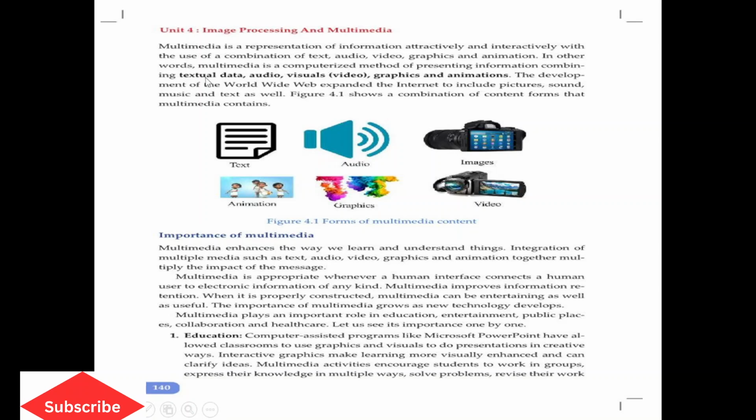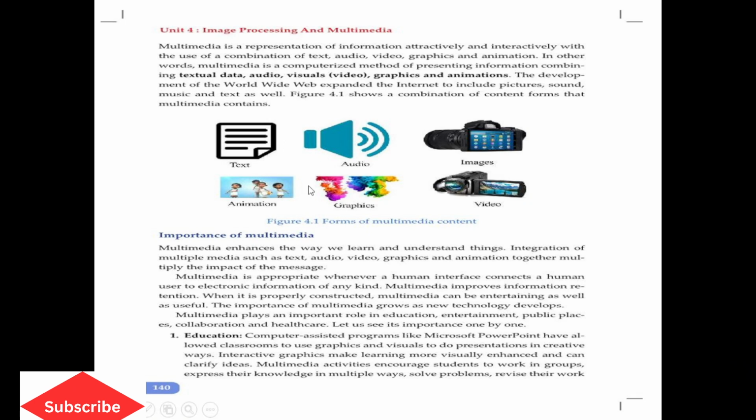When we say multimedia files, we mean textual data, audio, visuals, video, graphics, and animations. Here is a text, here is an audio, here is an image, here is an animation, here is a graphics, here is a video. Here are the forms of multimedia content.